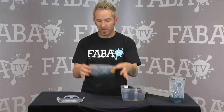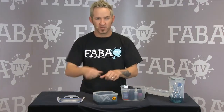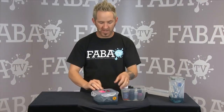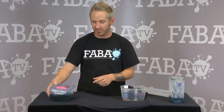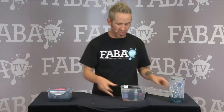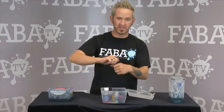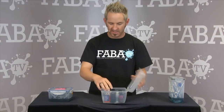I do the same thing with my blast caps. I've got a little shorter, fatter Lock & Lock container here. So I unscrew my blast caps. I might wipe off some of the excess body paint, drop them in there, and I have the alcohol in there just to keep them clean, and that alcohol will last quite a long time until you eventually have to dump it. Then I put the caps back on the body paint or my tattoo ink, and I even have